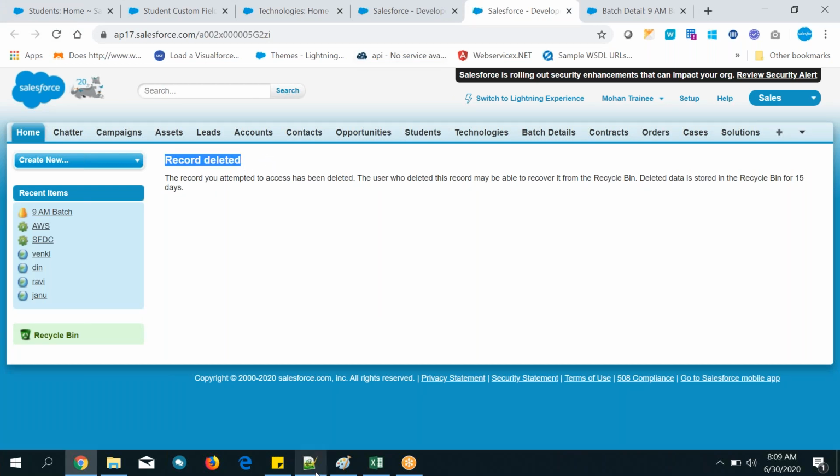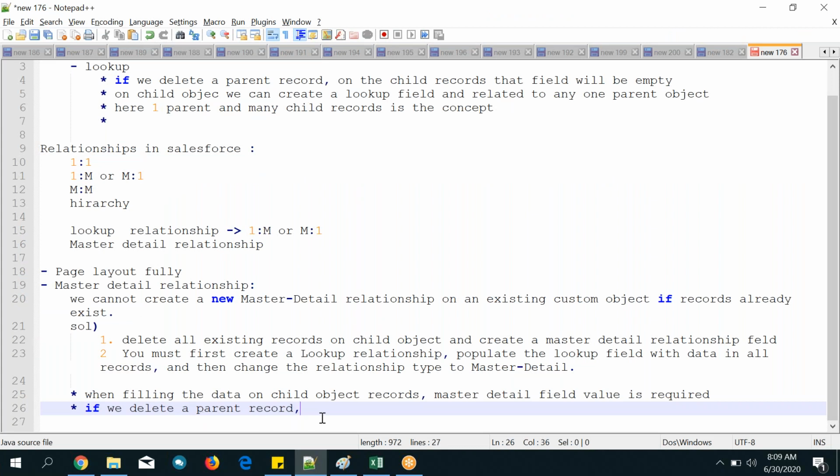What happened? If we delete a parent record, all child records will be deleted. If it is a master, if you delete a parent record, all child records will be deleted.